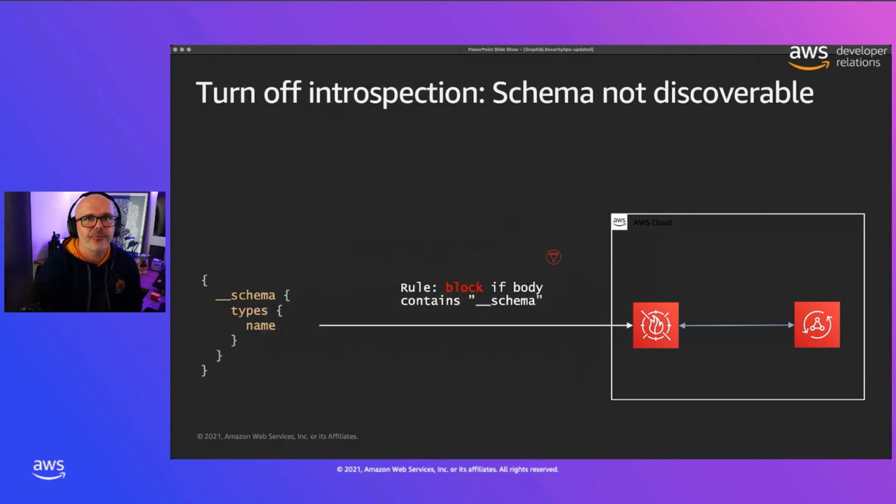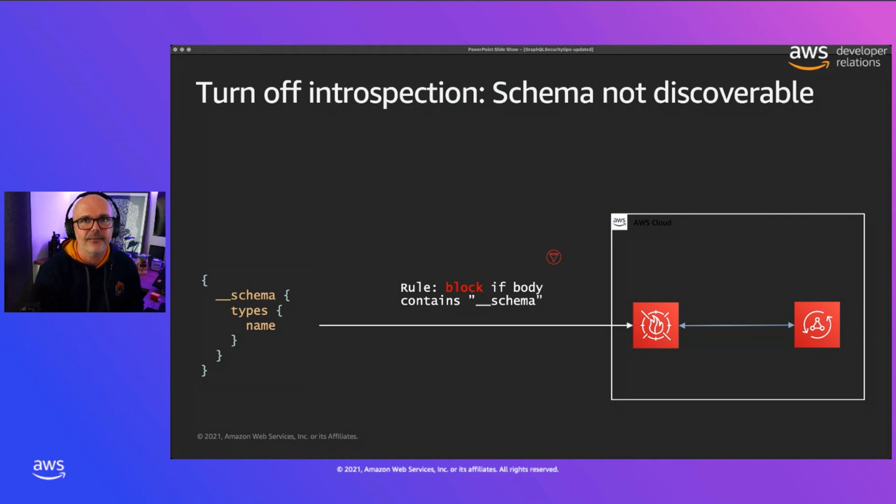Next, you can turn off introspection of your schema. Introspection of schema is a benefit of GraphQL, but that functionality may not be applicable in production. You may only want it in development. The introspection itself is a special query in GraphQL that allows you to discover the schema.